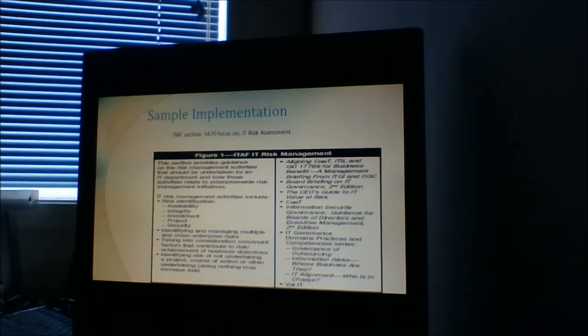The benefit of this tool is not only the identification of the salient issues, but also its mapping features. That means this ITAF identifies the relevant literature, tools, and COBIT sections for the IT auditor to consider and analyze those aspects in the IT topic. For example, here the COBIT information security governance guidance for board directors and executive management, second edition, etc. So this will help IT auditing professionals identify the relevant tools which will be used to do the audit on this section.